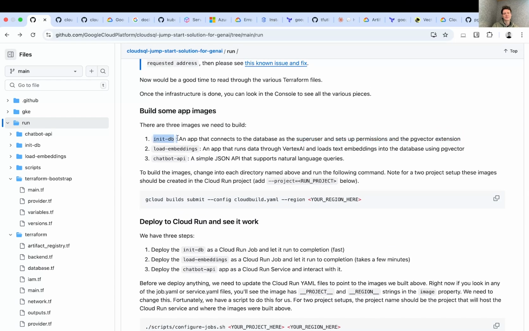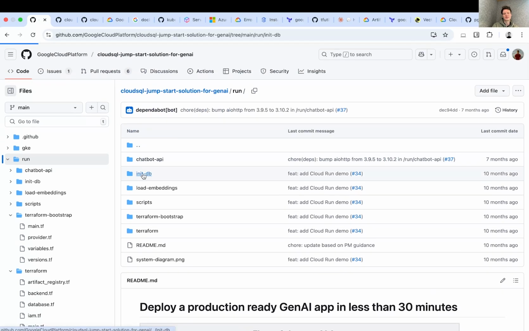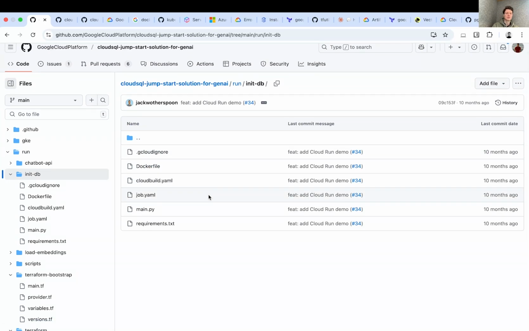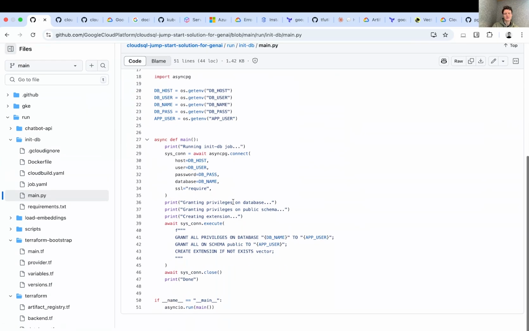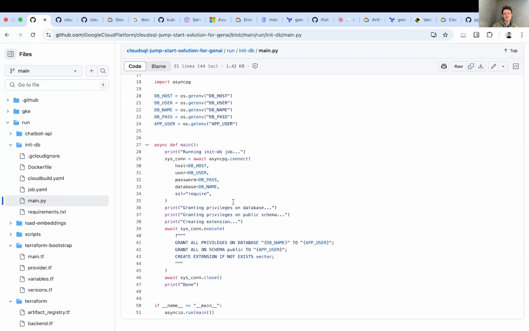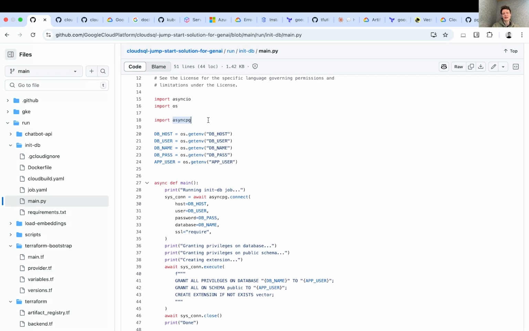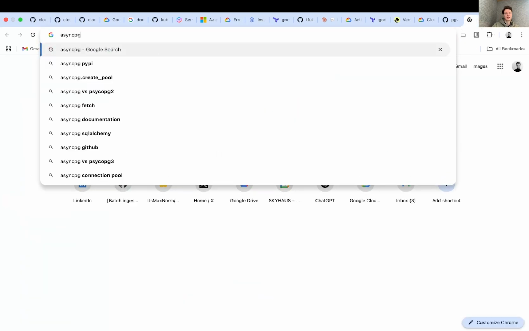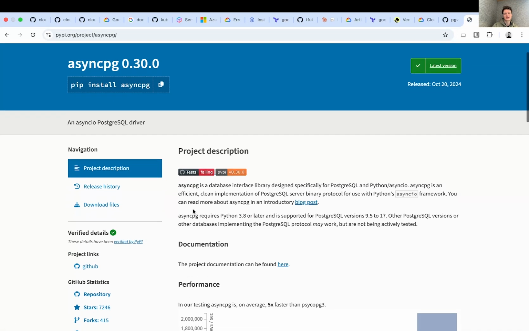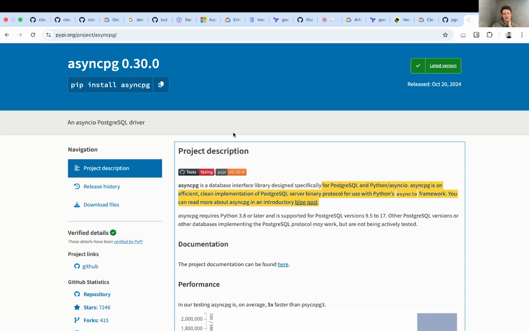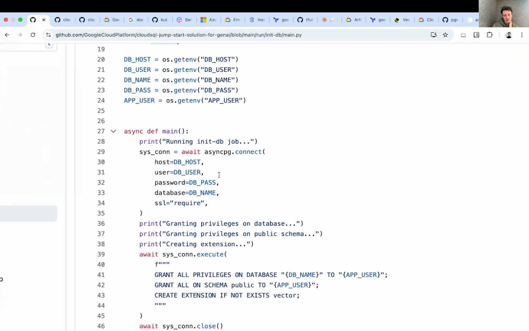And so for that, let's maybe look first into the init database app. So the most important file is called main.py here, so it's defined in Python. So what we're gonna do here is basically just connect to that database. So for that, you need to use the Python client to connect with your database. So for that, the asyncpg library is used. So this is, as you can see, a database interface library designed specifically for PostgreSQL and Python asyncio. So it basically allows you to connect with your database using Python. So you can just do pip install asyncpg, and then, as you can see, we connect to the database,